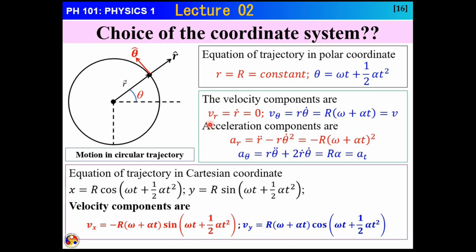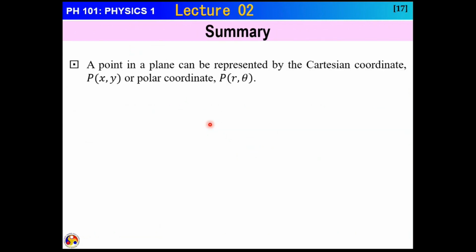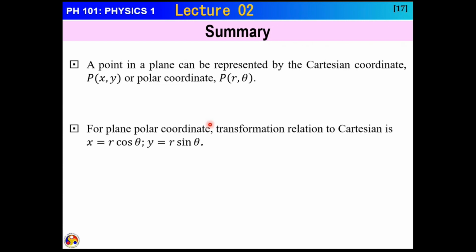Okay, so I think we have already come to the end of this lecture, and this is the summary. In the Cartesian coordinate system, a point in a plane can be represented by the Cartesian coordinates x and y, and in the polar coordinate system, it can be represented as r theta. For the plane polar coordinate transformation relation to Cartesian, x is equal to r cos theta, y is equal to r sin theta,